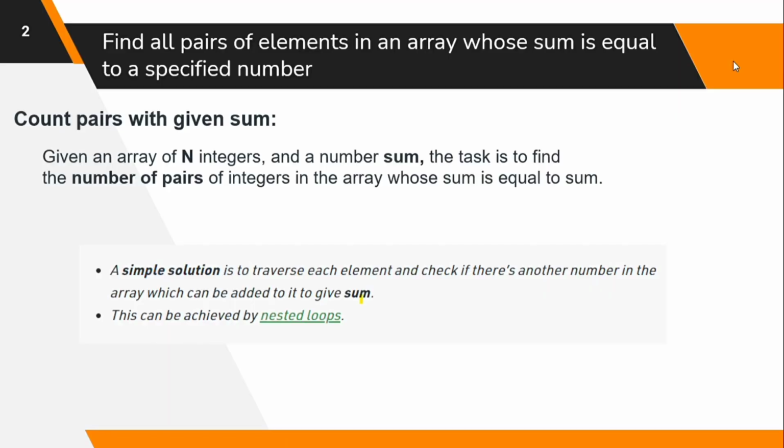Firstly, we have to declare an array of n integers and a number named sum. The task is to find the number of pairs of integers in the given array whose sum is equal to the